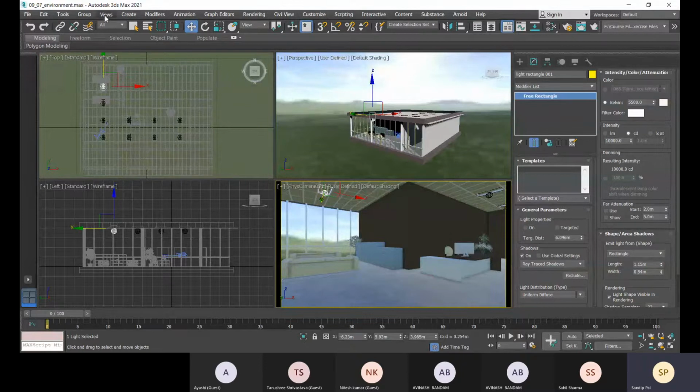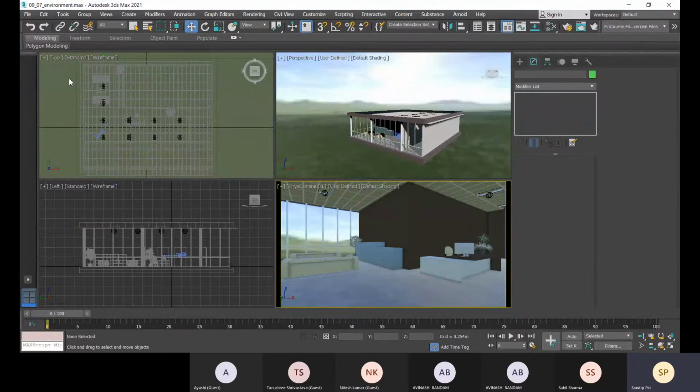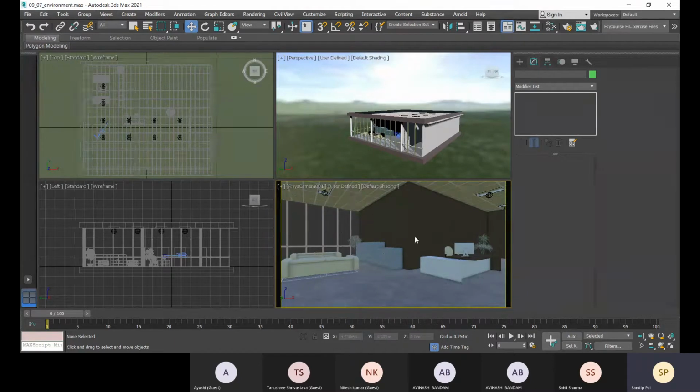Within this viewport, if this background option is off for you, how can you get it back? Go to this view tab and there, viewport background. Generally in the default condition it may be in solid color, so that's why you may not get that option. You cannot see the background.